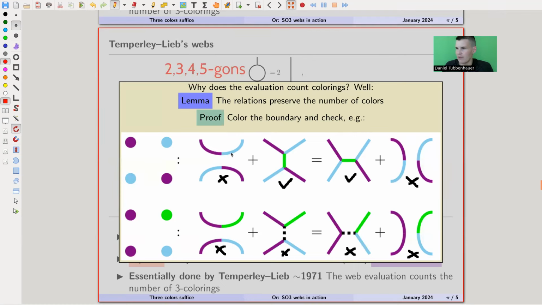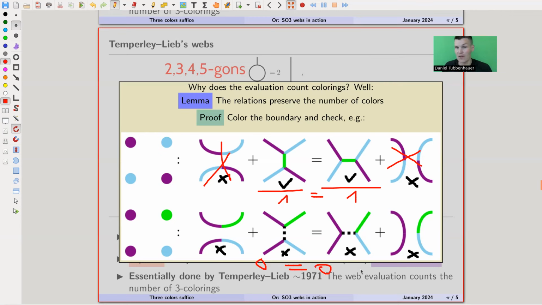So this has no coloring. If this is purple, blue, there's no coloring. Similarly, this has no coloring, but these two have one coloring because you can fill in the remaining color in the middle, and you get the equation 1 equals 1, which holds true, and you just check the same running over all different colorings. I've done another example. So in this case, you get 0 equals 0, and you just check that the number